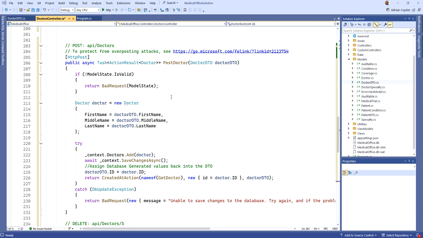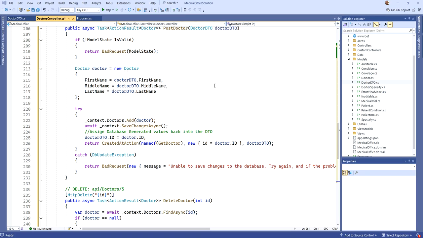Then we actually new up a new doctor, okay? Pulling, of course, the values from our Dr. DTO that was passed up. And again, if you leave these curly braces blank, you can actually use the mapping generator to help you write the code, right? Not very much in this case, though. It's only 3 properties. All right, then we try, okay, we add the doctor to the context, and we call save changes, right? Good practice is we assign the generated ID, the one that's the identity or database generated value,